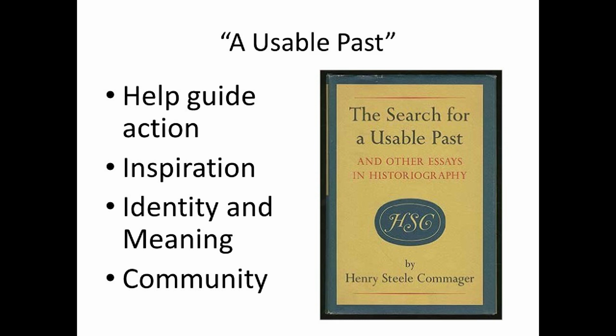And the example I like to give, because I think it's a classic example, is the Americans who were colonialists, who were fighting for independence and who were trying to build eventually a new government. They knew that in the past, Greece and Rome had democracy. Rome had been a republic. So they knew that you could do it. But they also knew that the democracies had eventually fallen. The Roman Republic had been replaced by a dictatorship. And so they studied the past to try and understand how to build a democracy that would have the strengths of those democracies and the Roman Republic without having the weaknesses. So it helped guide action.